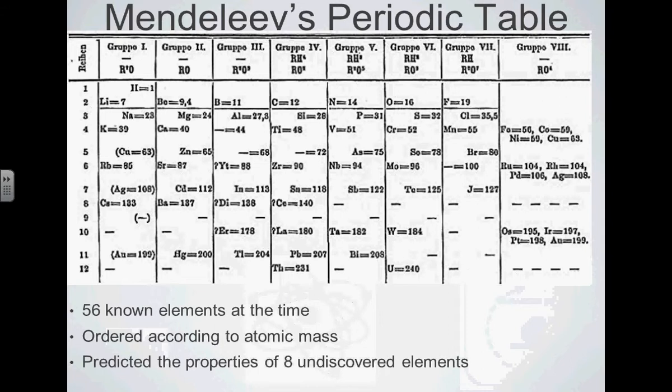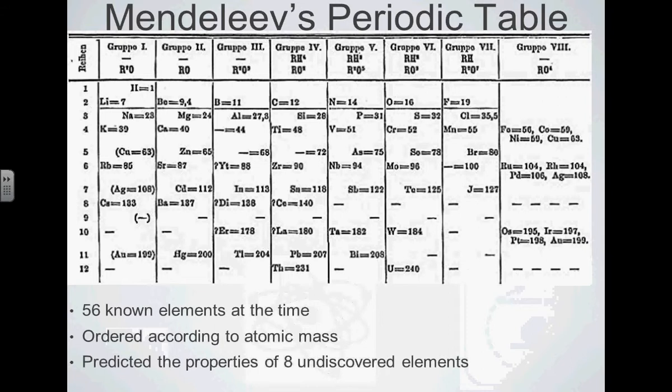And the other thing is, you'll see over here, there's 44, there's no symbol here. This is boron, aluminum, and then we have this blank for 44, and this blank for 68, and for 72. What was unique about what Mendeleev did is he predicted that, well, we don't know anything about it yet. We haven't discovered an element, but there should be an element somewhere on Earth that would fit in here. It would have a certain atomic mass. It would have certain properties. It should be a metal and so forth.